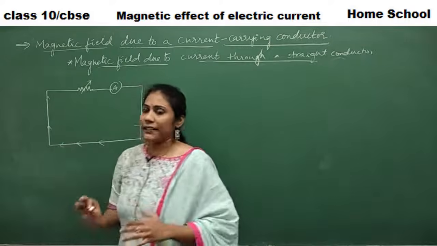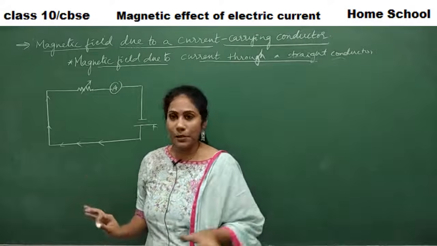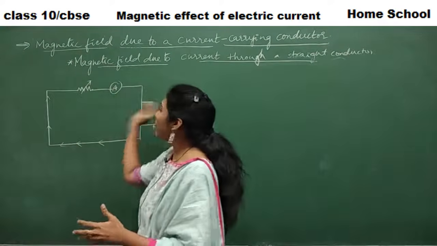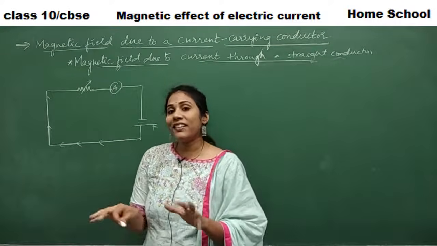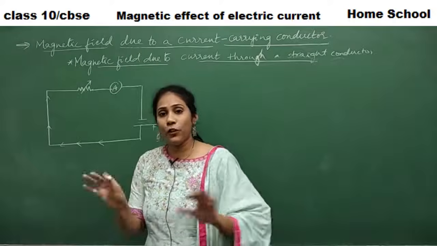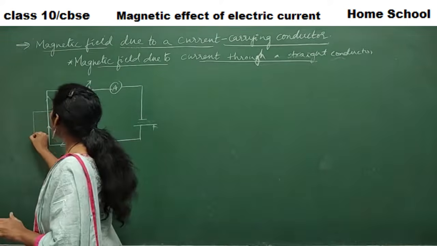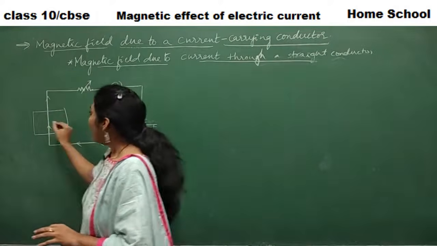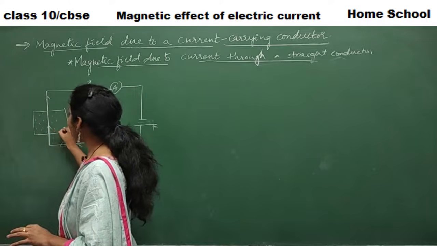Remember, to know that, let us do an iron filings experiment. We don't know in which direction the magnetic field lines are located, how the magnetic field is created, or to what extent. So let us place a cardboard here, and current is moving in this wire. And you know what I have placed? I have placed iron filings.